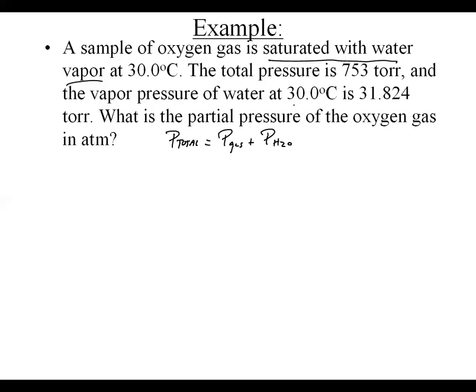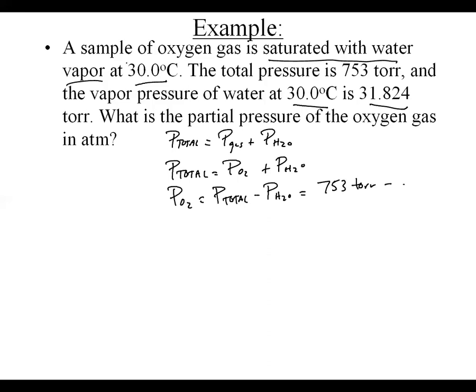The vapor pressure of water at 30 degrees is 31.824 torr. What is the partial pressure of the gas? So in this case, the total pressure would equal the partial pressure of oxygen gas plus the vapor pressure of water, and rearranging, our total pressure minus the vapor pressure of water. So in this case, we would just need to take the 753 torr